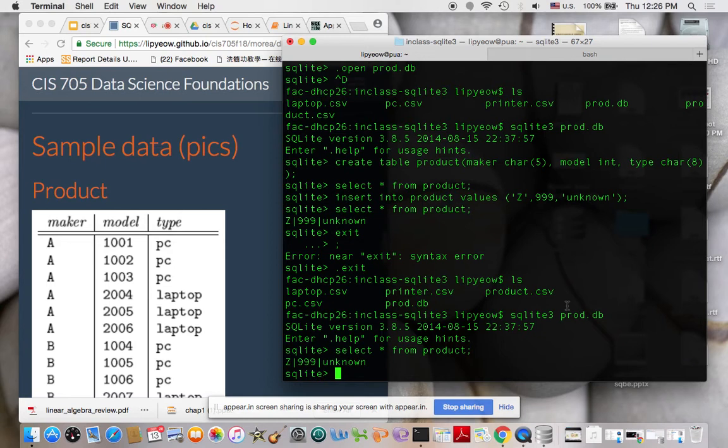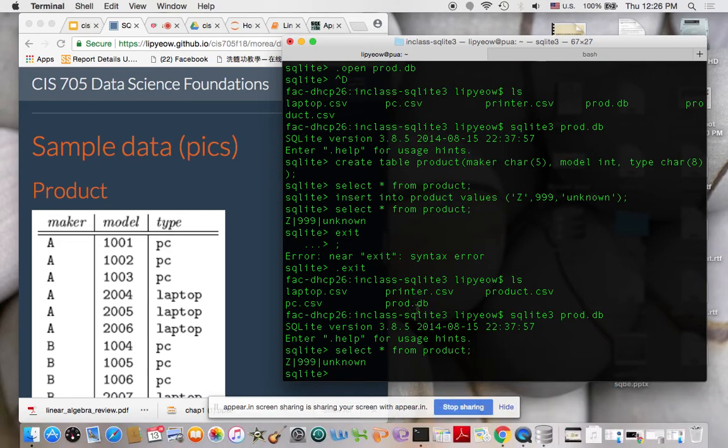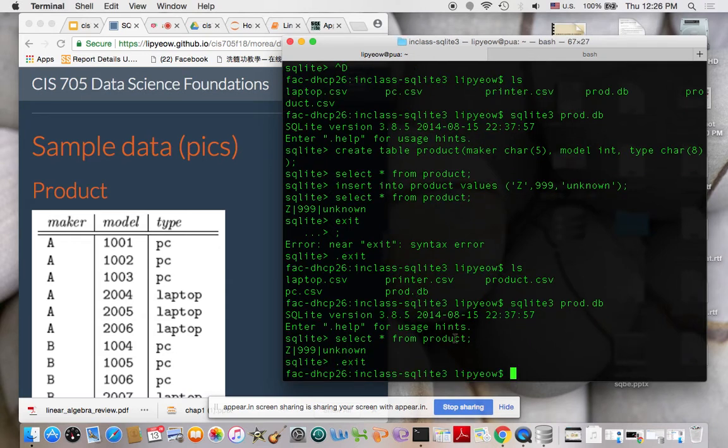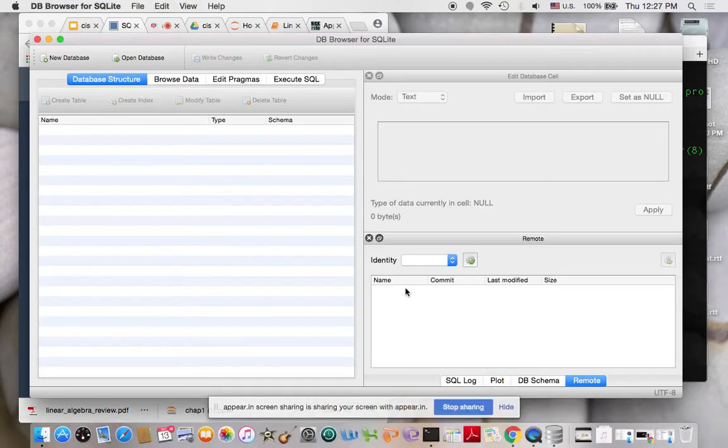Unless you're using PowerShell, I think it will work. Let's do .exit again. Now just quickly show, if the command line bothers you greatly,